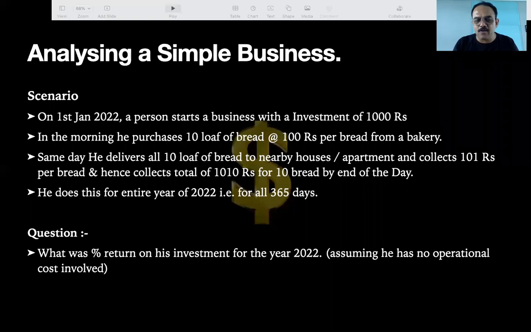36.5%. Great. Okay, I'll give one more minute for doing the calculation, and then we'll go ahead. 1% return. Okay. 365%. Okay. 32.85. Great. Yeah, very good answer, assuming the profit was not invested.